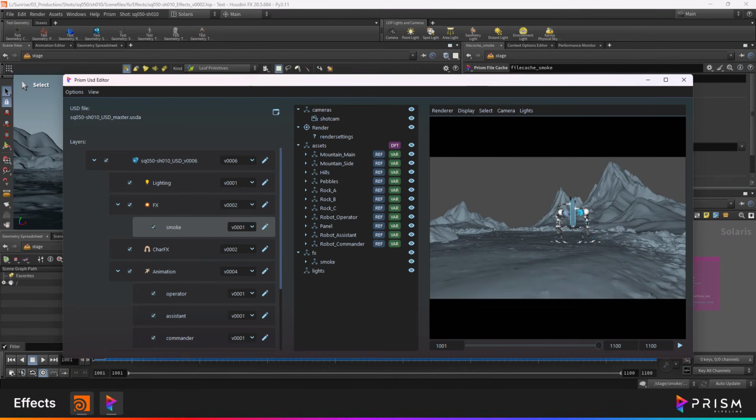Note that this setup comes with the advantage that once everything has been set up, the effects artist can continue to iterate within the SOP context, and only needs to version up the VDB cache. Since the smoke sublayer references the master version of the VDB cache, there is no need to republish the smoke sublayer. In addition, this improves the performance of heavy caches, which can be saved as a file for each frame while keeping the USD sublayer file lightweight.